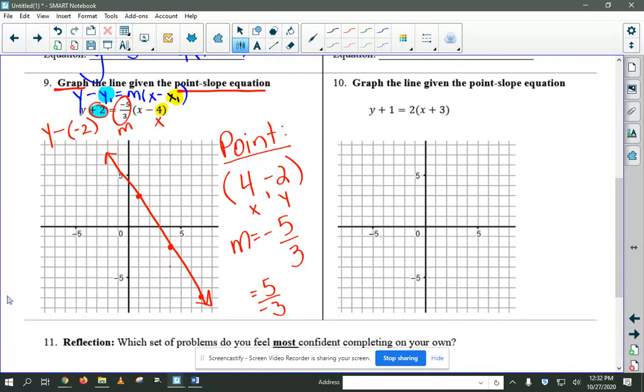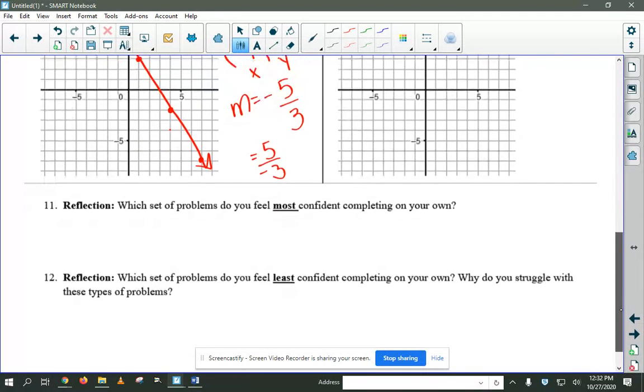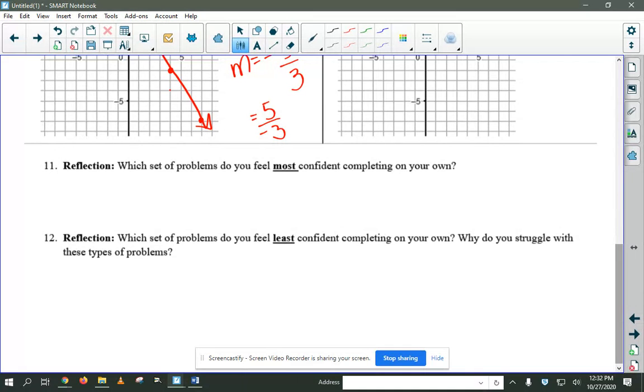All right, so again, your job is to go back and do the you do column, and then your final job is to answer problems 11 and 12. So we want you to reflect on what you feel most confident on and what you feel the least confident on, so that when you scan that into Google Classroom and we read through these, we can collect some data on what more we need to do to assist you with these problems. As always, if you have questions, just let